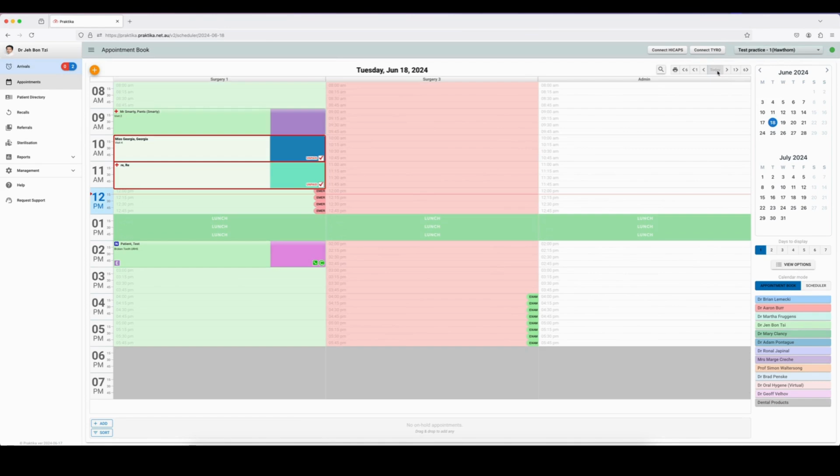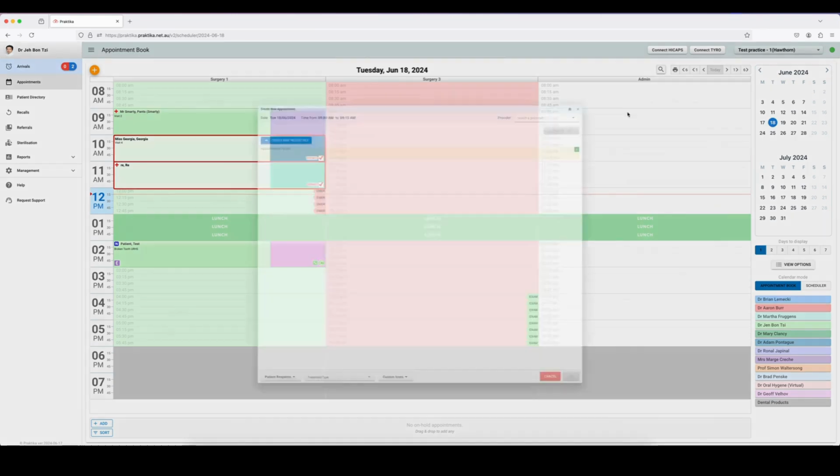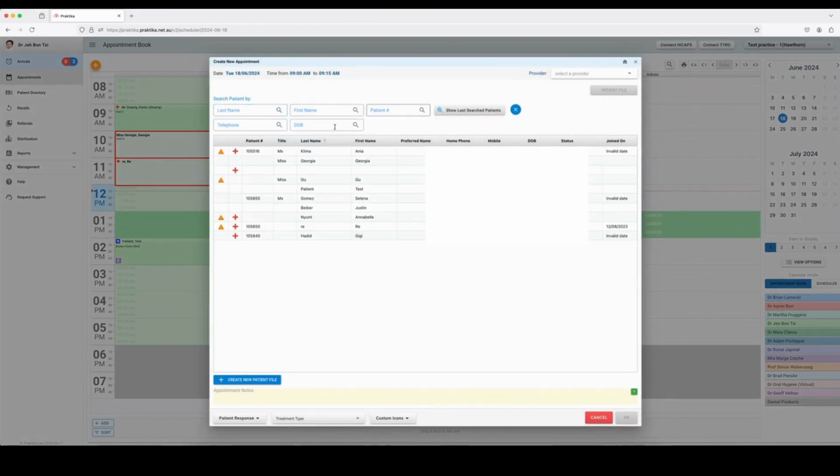So I've received the lab bill today. I'm just going to create an appointment in an admin column. If you don't have an admin column, please reach out to our support team and we can get that added on for you. So just create a 15-minute appointment with that patient